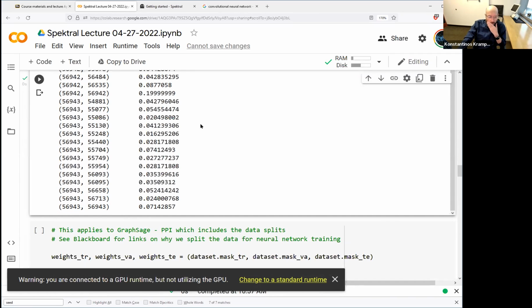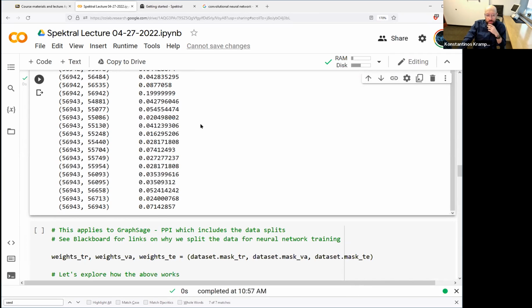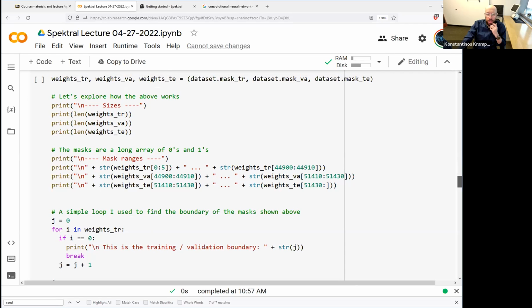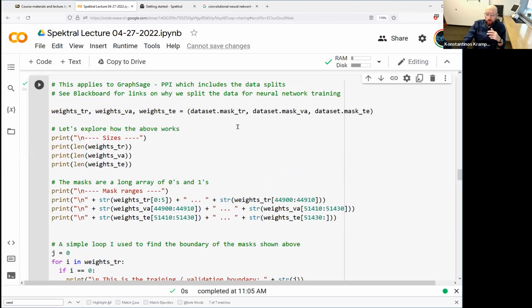Again, remember, you have to do those things for a different data set as questions to subsequent homework or final. Okay, so now the weights, we explained it in the last lecture in quite a lot of detail. So I'm not going to do it here. Before we go to the weights,